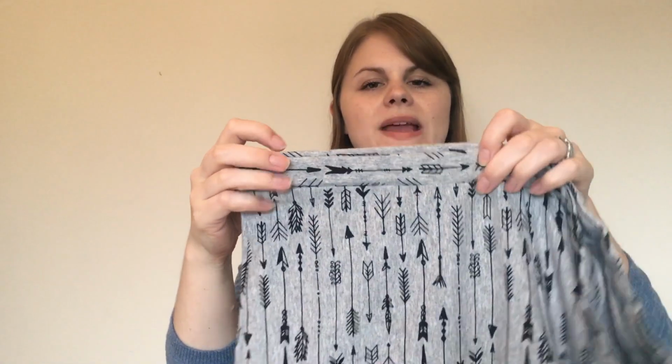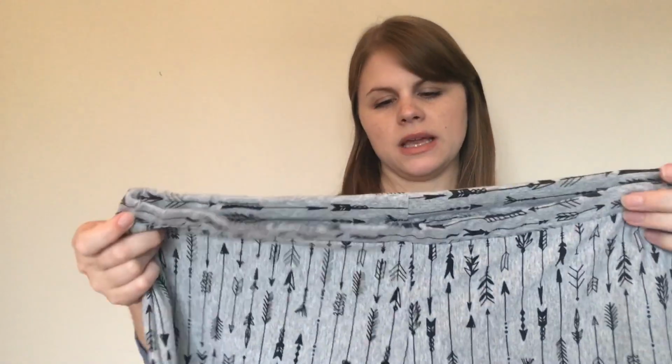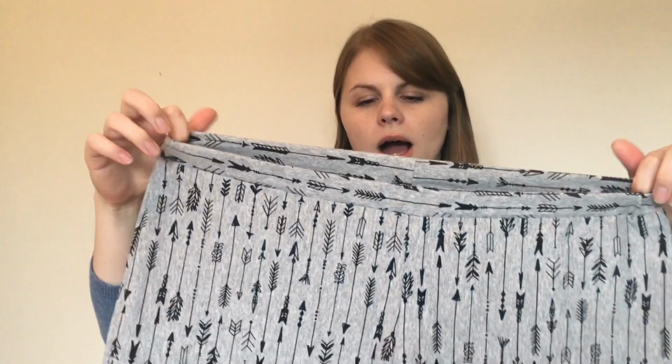I took this from the Hudson pants, the True Bias pattern, and I basically got rid of the pockets. So I just followed the side seam up to the top, and I did shorten the waistband. This is a 3-inch piece of fabric folded over, and then I added thin elastic in. The reason I didn't want the pockets is because I didn't want that extra bulk under my dress. I just wanted them to be like a big pair of pants basically, for me to wear. And I've just zigzag stitched them around, following the pattern other than that,